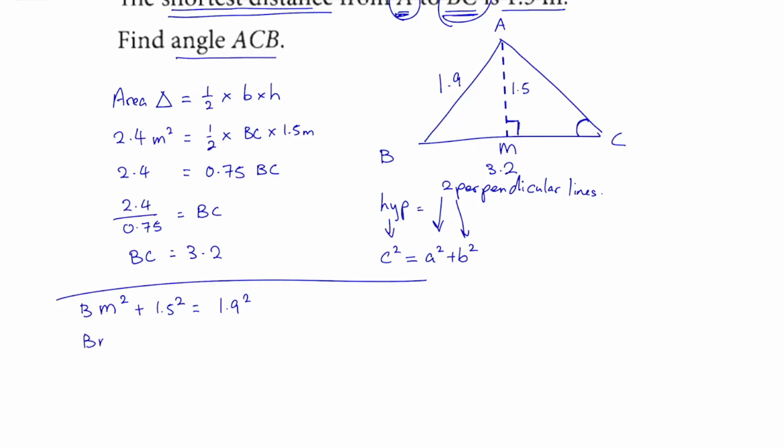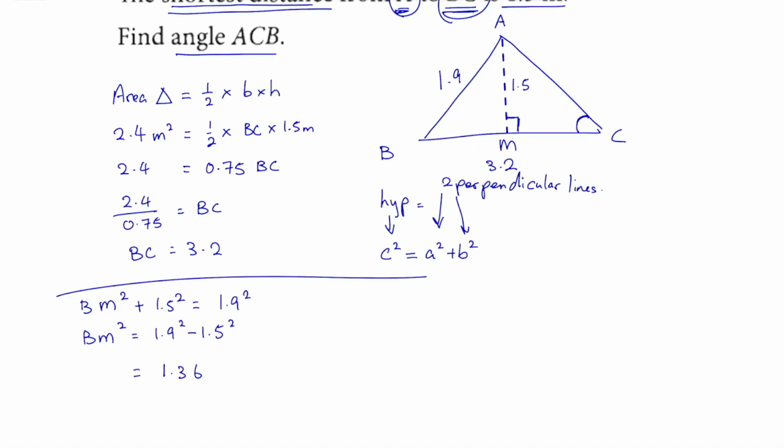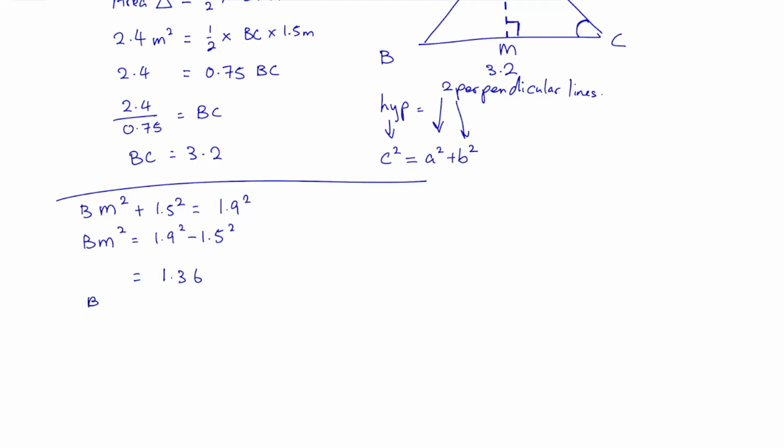BM square equals to 1.9 square minus 1.5 square. What will I get? It will be 1.36. Then BM equals to square root 1.36 equals to